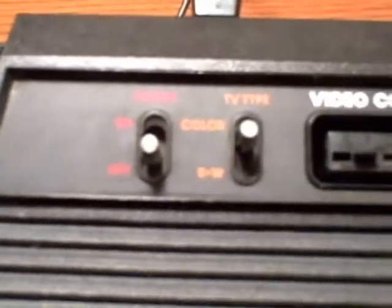And we've got 4 switches, 1 power, 1 TV type. We've got game select and game reset over here. Now here's our trusty cartridge slot. Now on the back of the console, you'll see, we'll get around there,